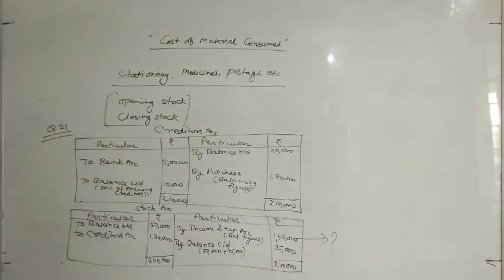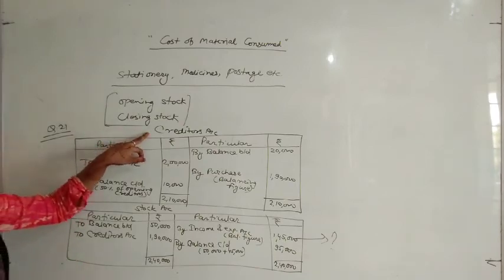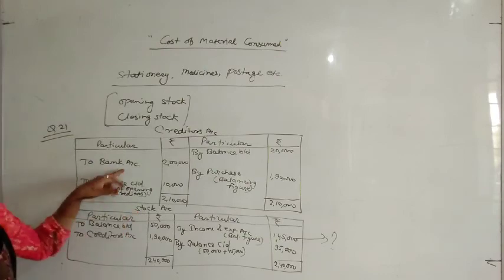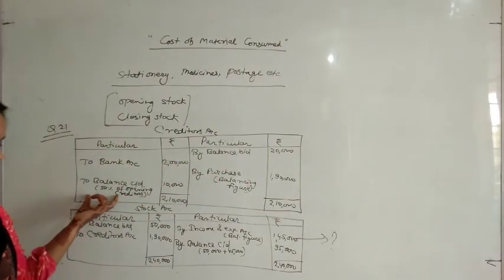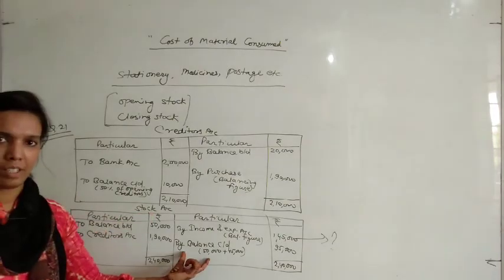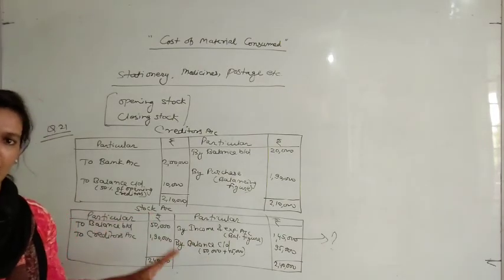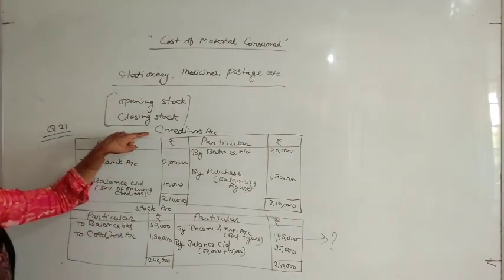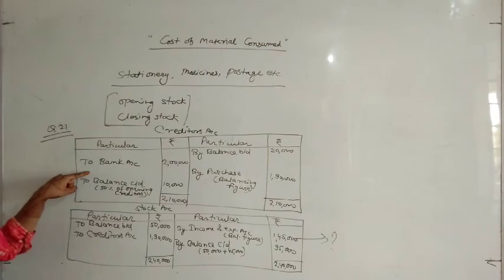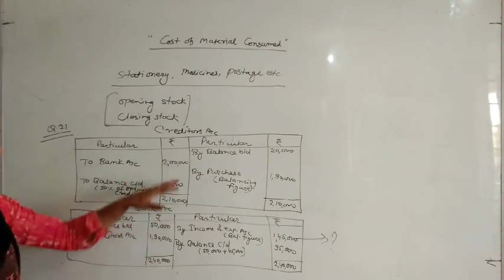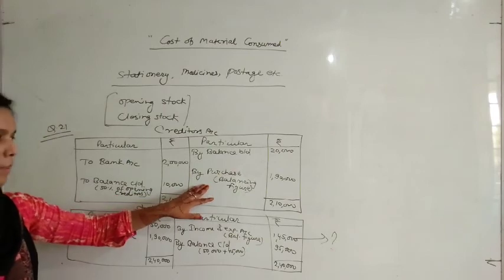Again I am explaining the concept behind these two accounts: first prepare the creditors account and second the stock account. In creditors account, by balance BD and to balance CD. In the stock account, to balance BD and by balance CD. These four amounts will be fixed in every account. After this, if you are paying any amount to the creditors during the year, that will be written on the debit side to bank account. And the balancing figure you will find is purchase.